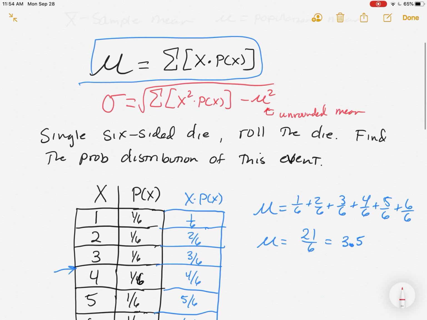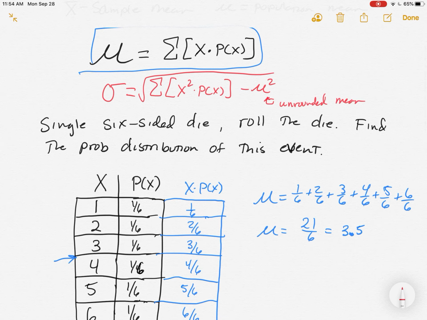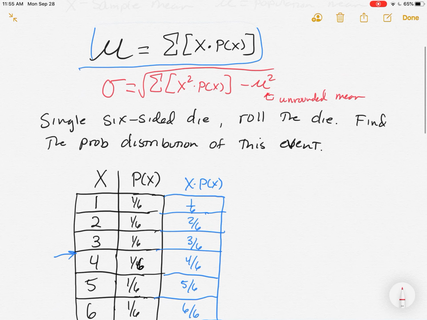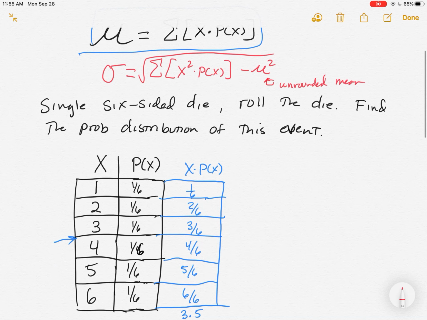Okay, that'll make more sense when you're in the problems. If you ever had a mean that went on that you rounded off, you need to use the full expansion of that mean there. It makes a difference, especially if the standard deviation is low. Okay, so what is this saying to do? Well, it's saying to take some numbers and add them up. What are those numbers? Those numbers are x squared